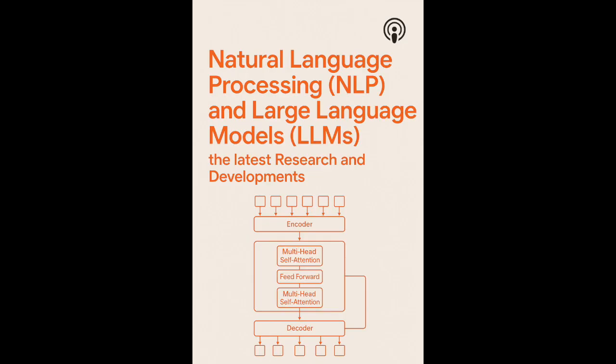Distributed representations. Instead of thinking of each word as just a unique ID number, like a one-hot vector, where Apple is just a 1 at position 5,000 and zeros everywhere else. Precisely. Instead of that sparse, isolated representation, we map every word to a relatively low-dimensional vector, maybe a few hundred numbers, in a continuous geometric space. And that continuous space is the key. That's the breakthrough.